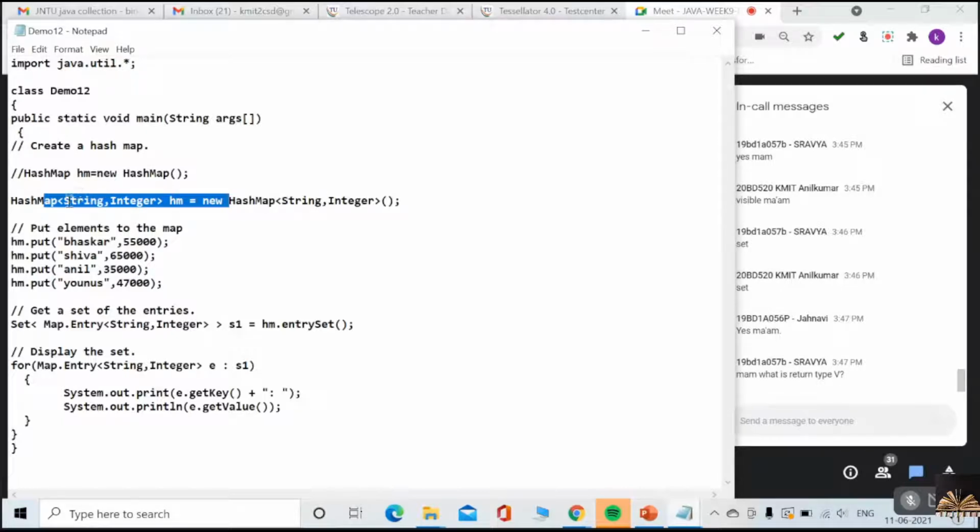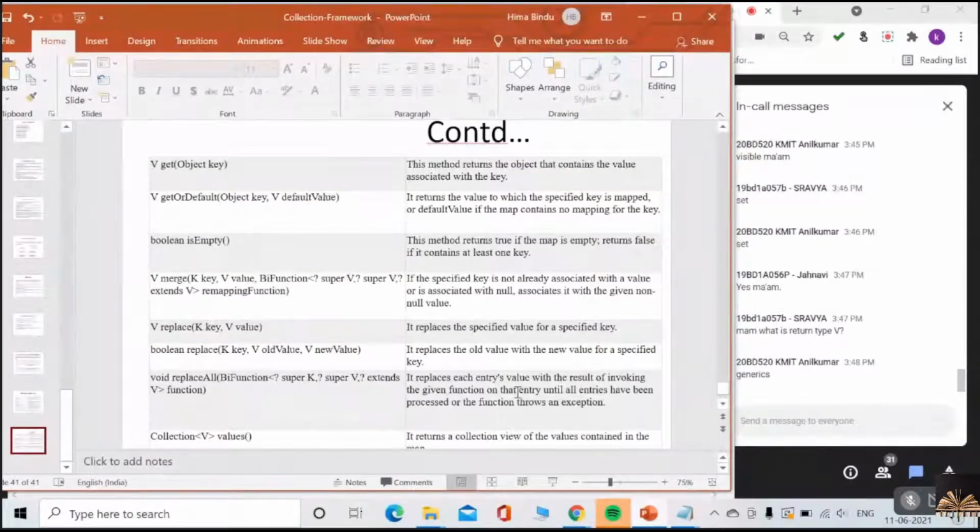And what are the string and integer? What is the return type V? Where is V in the methods? V is of type values.